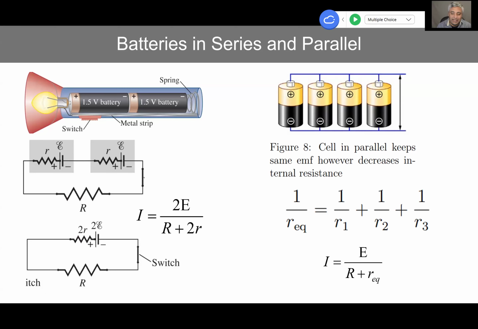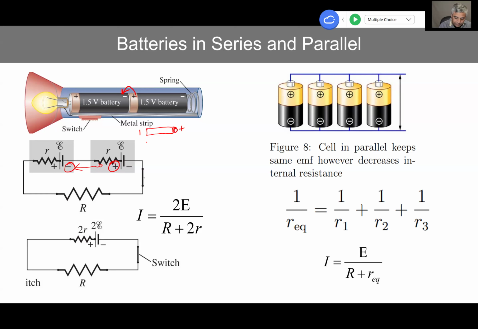So just like we can connect resistors in series and parallel, we can connect batteries in series and parallel. So in our flashlight, we always connect them in series. So when we connect them in series, what happens? The EMF adds up, okay? So when we say series, see the negative and positive, they are touching each other, right? If you don't make this kind of connection, and if you reverse this battery and say this is negative and this is positive, let's say,